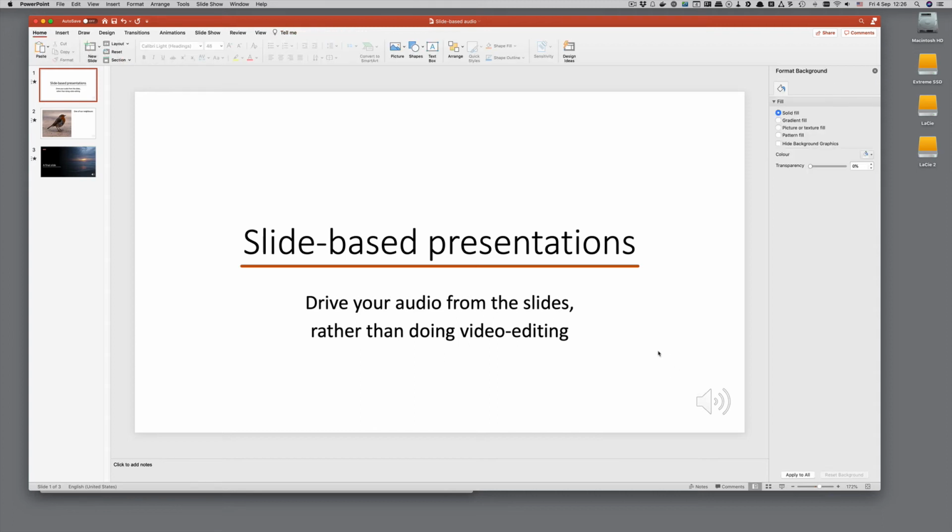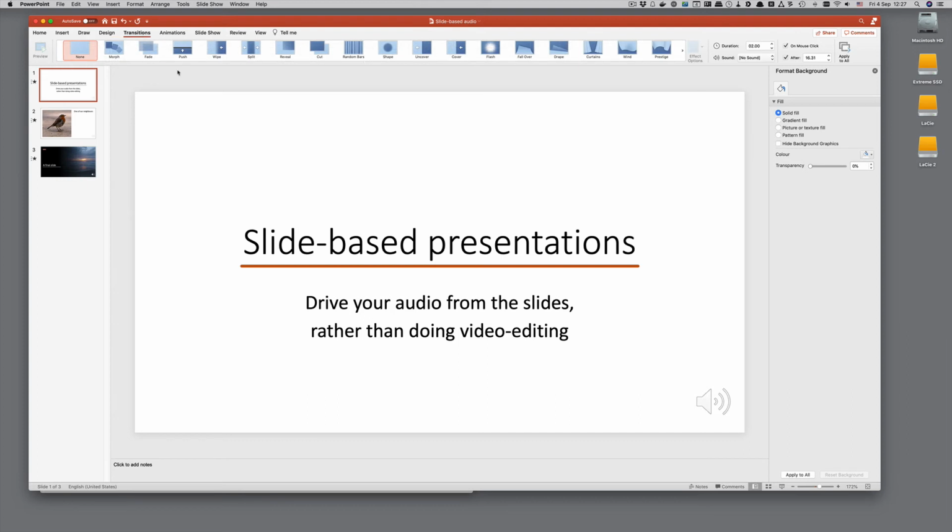When you do that, you still need to edit the timing on the slide to make sure that it advances after the correct period. If, for example, I were to replace this audio clip here with a longer one, I would have a problem because the slideshow would still auto-advance after the recorded time. I don't want to go back and re-rehearse all of my slideshow in order to fix this. But it turns out that if you go to the transitions menu here, over on the right-hand side, you can see